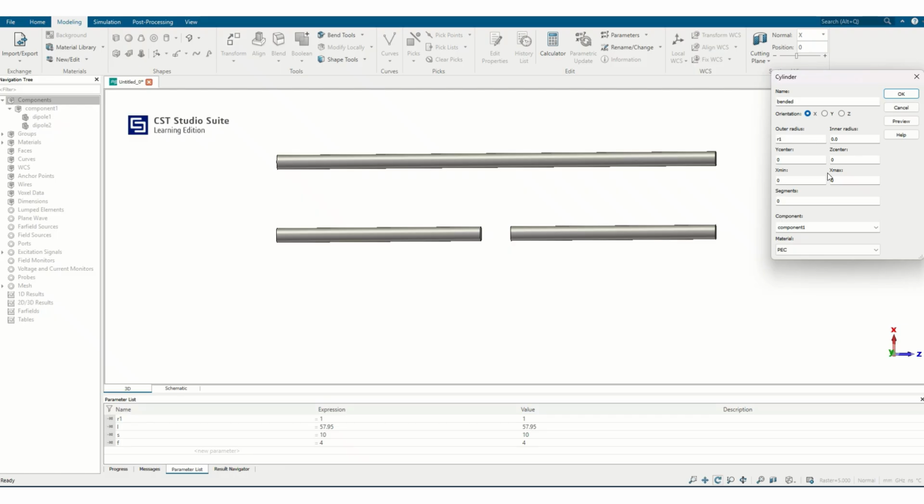So I have to put the orientation as x. You can see it here because my cylinder has to be oriented along the x-axis. And y center, so here the top portion is the y, so it has to be 0, and z center, so here you can see that up to here it is L by 2. So I'm going to give it as L by 2 plus our offset,